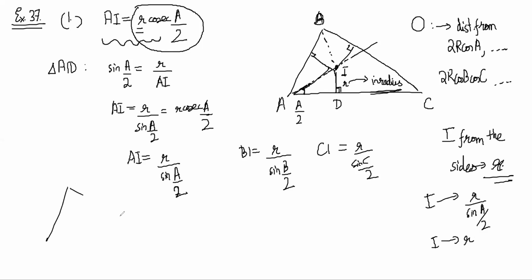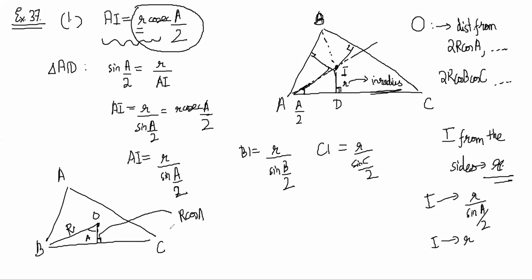You might even get the circumcenter. The distance of the circumcenter from the vertices is capital R. The distance from the sides is how much? Suppose this is circumcenter O, with triangle A, B, C. Then this angle is A; we know the derivation that it is 2A and A. So R cos A is this distance. R cos A is the distance of the circumcenter from the sides, and the distance of the circumcenter from the vertices is capital R.